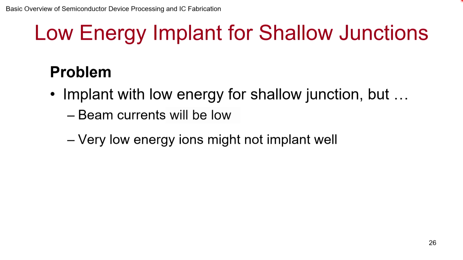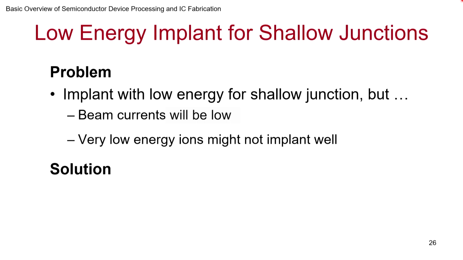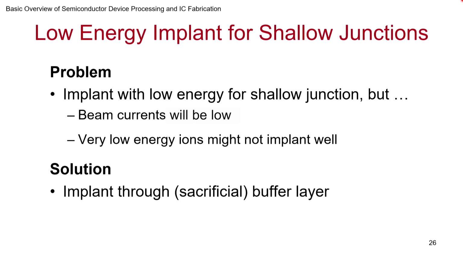Now, when you're having a shallow implant, you're having to go for low energies, that reduces the current. So what do you need to do? You need to be able to implant at a high enough energy, but get the lower dose. Okay, not lower dose, lower energy for the ion that is getting implanted. You are actually wanting to implant at a higher voltage so that the current is high, but what actually goes in eventually will be slow. So let us see what are the tricks you can use. There are quite a few solutions people have thought of.